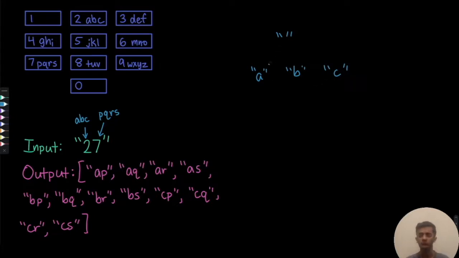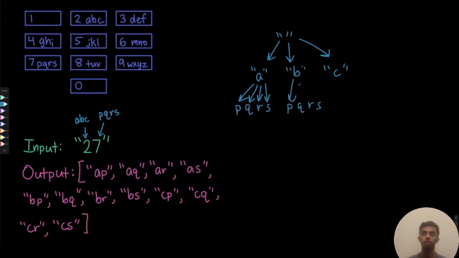So you can kind of think of this as a graph, right? We can go from the empty string to A, we can go from the empty string to B, and we can go from the empty string to C here. For each of these, we now have 4 options, because if we pick A to replace digit 2, now we go to digit 7. I'm not going to draw the double quotes this time for simplicity, but P, Q, R, and S are valid options from A, right? Like this. And we can also make those same options for B. We can also go B, P, B, Q, B, R, and B, S, and the same thing for C gets